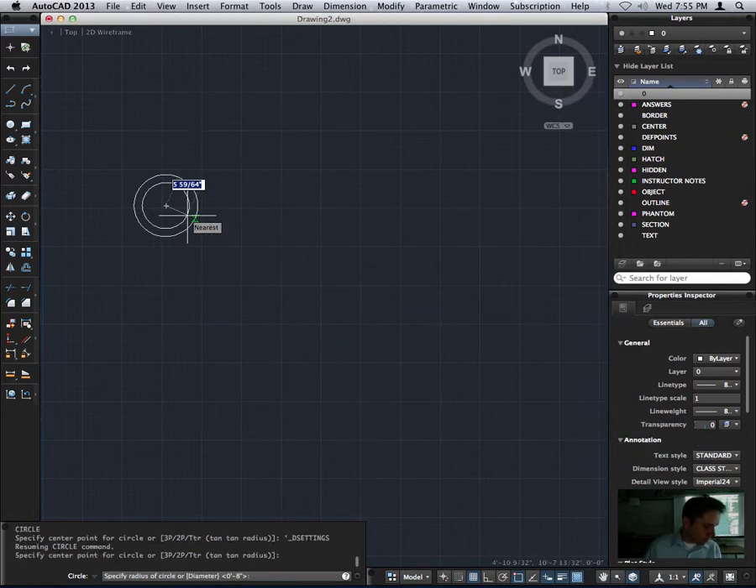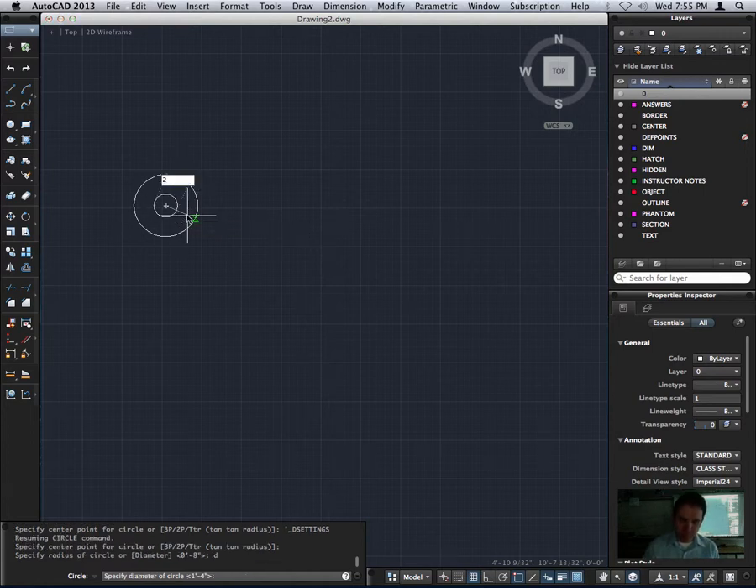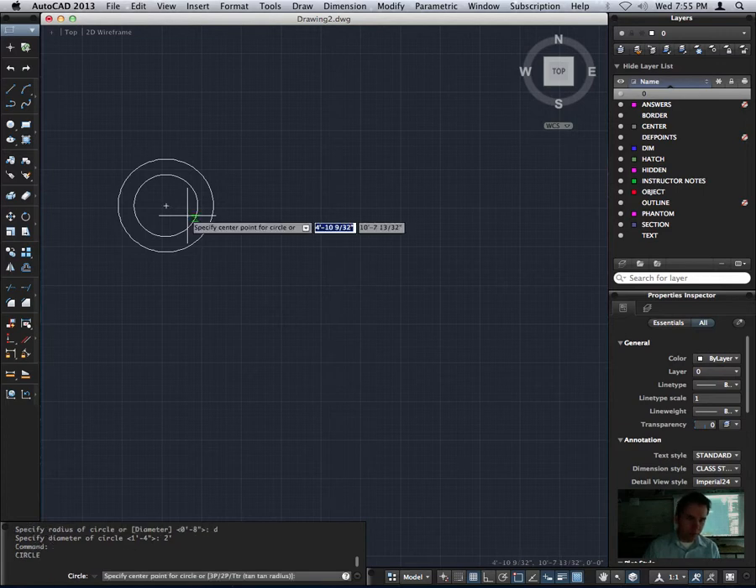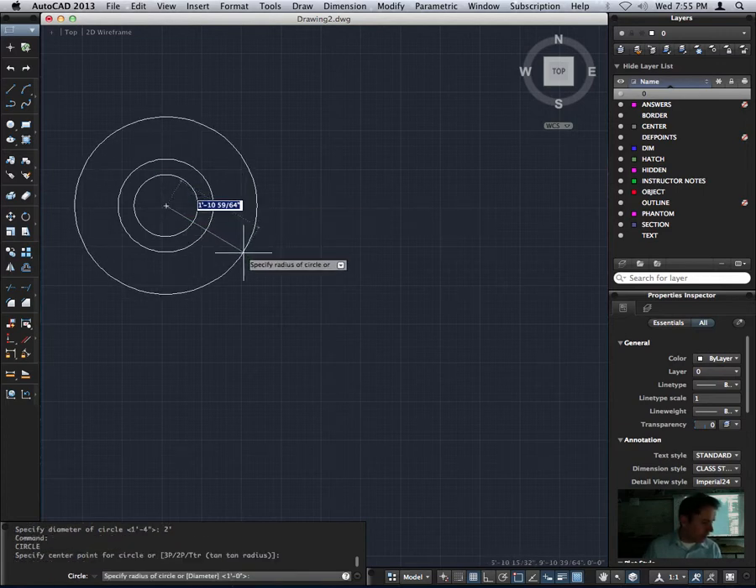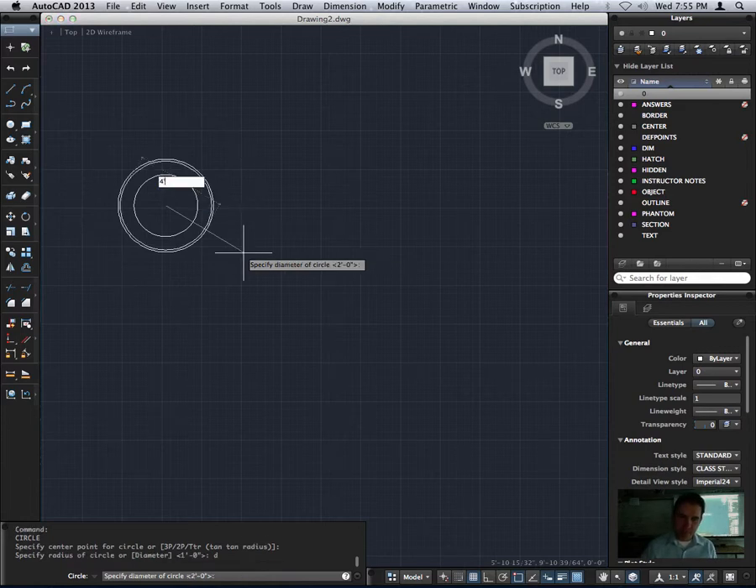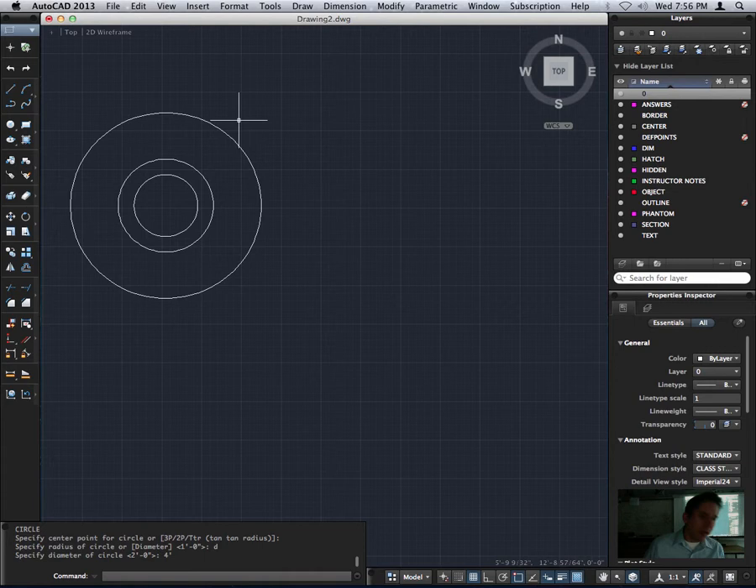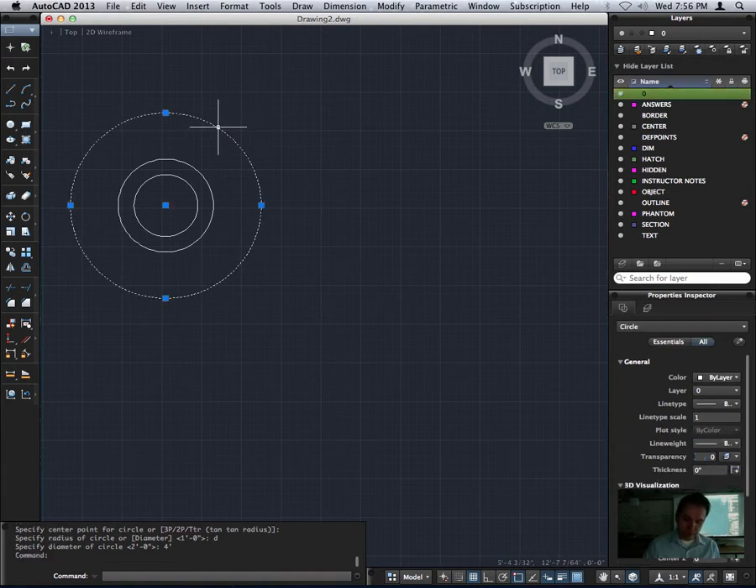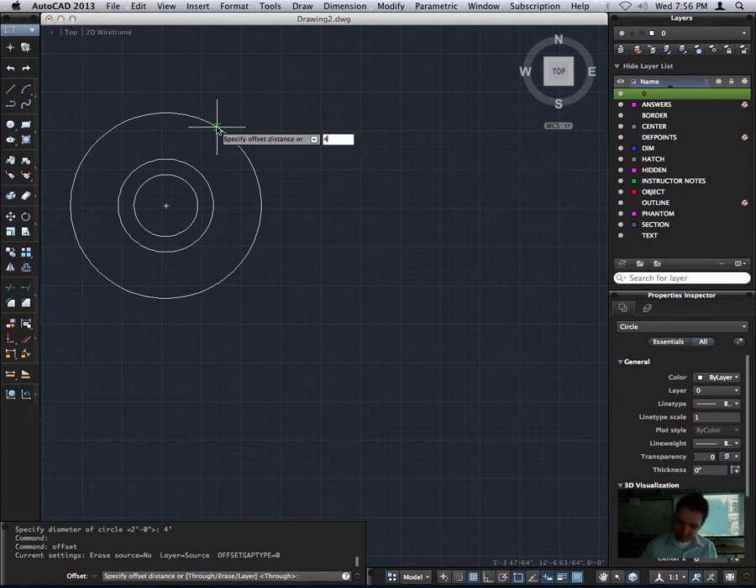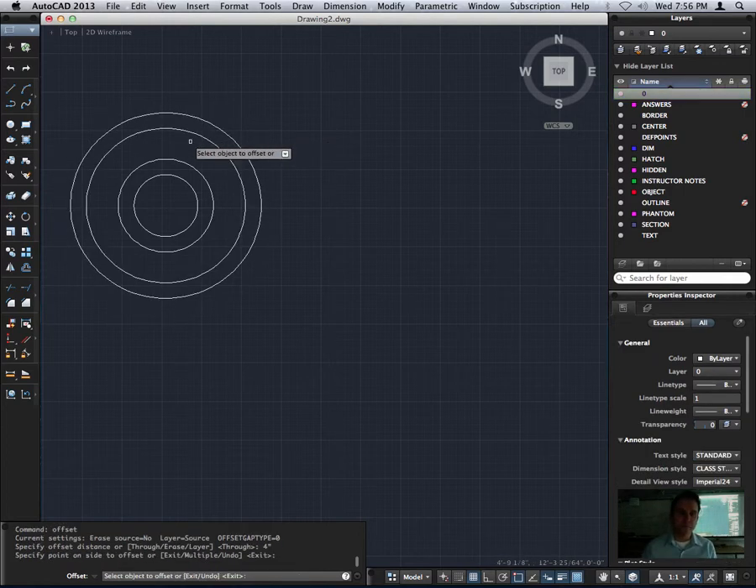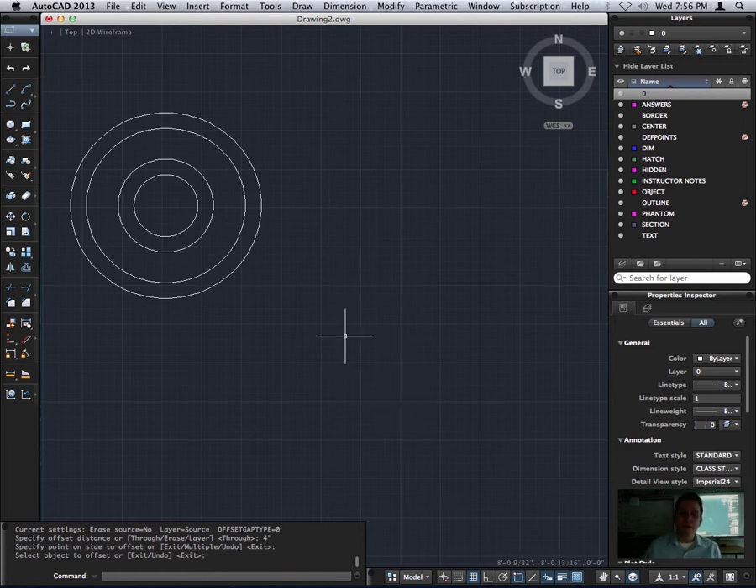Next one is a diameter of 2 feet. And then we've got another one that is diameter of 4 feet. And I'm kind of lazy here, so I'm just going to offset this inward. What is this? So we've got our